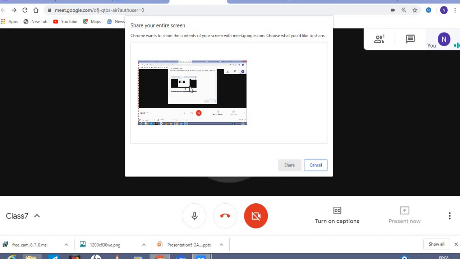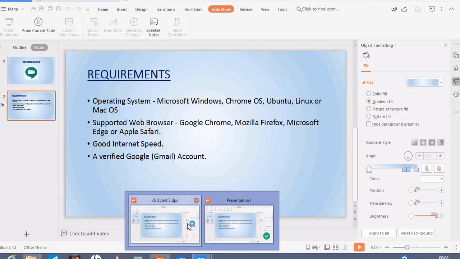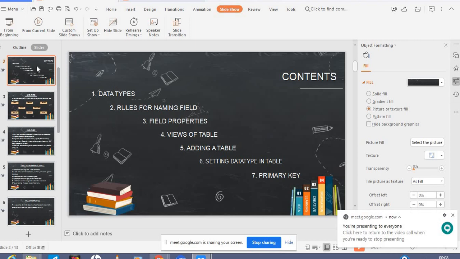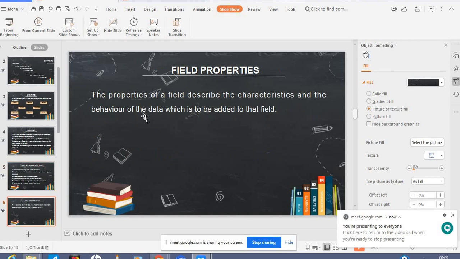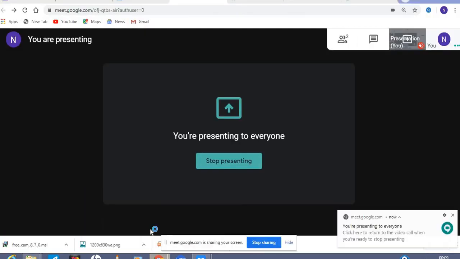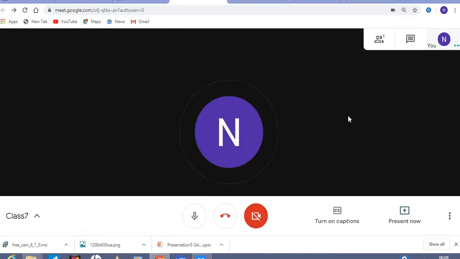So if I want to share a PPT with my students, I'll click share and go to my presentation. From here I can teach my students and show them whatever I want, and then I'll go back and stop sharing. Whenever I click on stop sharing, the same screen interface will appear. That was all about using this.